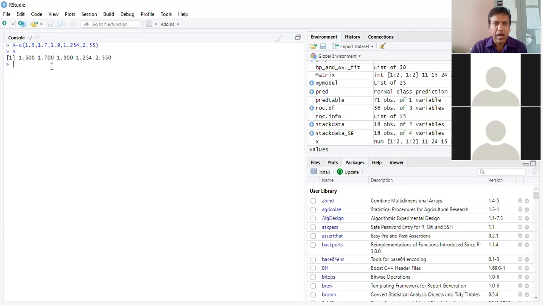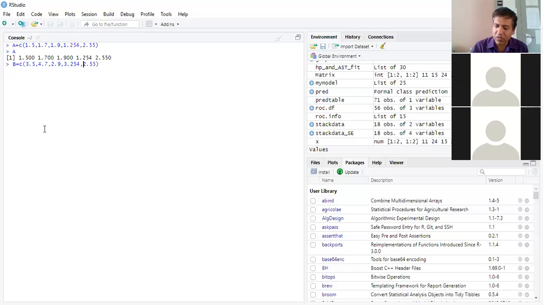Now I come to B, my second group. The same way I do it: I copy from here and change the values. Say this is 3.5, put here 4.7, put here 2.9, 3.